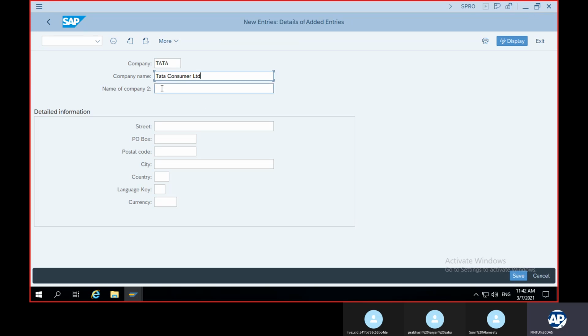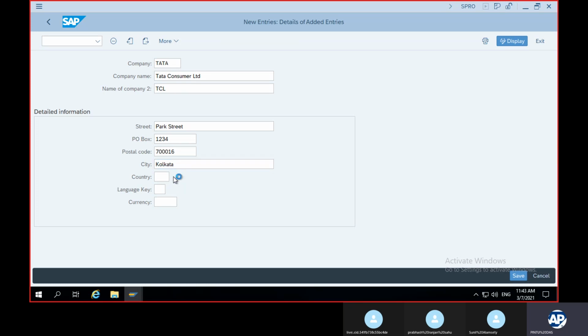You can name it here TCL. Street, Park Street, 12344. Postal code 70016. City, I'm giving Kolkata, the first one.